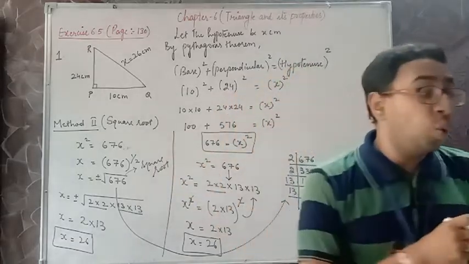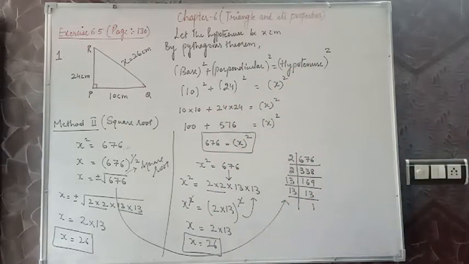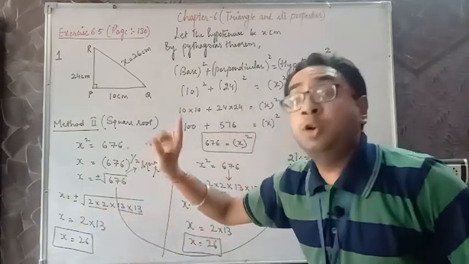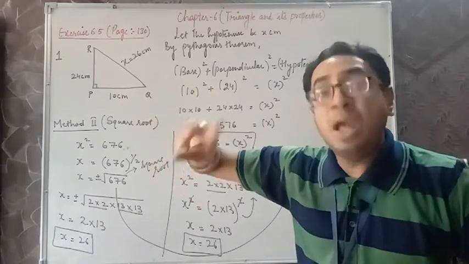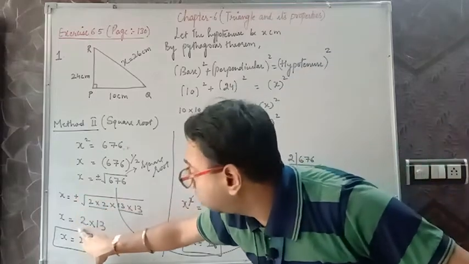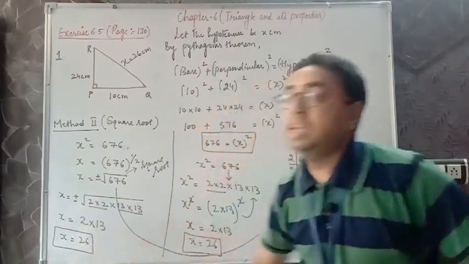Square root means you have to take the number which is coming 2 times. What we have to do: if 2 and 13 were coming 2 times in this, we have taken 2 and 13 out, one 2 and one 13. This is what square root means: the square number, its root needs to be taken out. That is why 2 and 13 were squares, and the roots are 2 and 13. Hence square roots. The roots are taken out. That is why 2 is taken and 13 is taken, and hence we are getting 26.